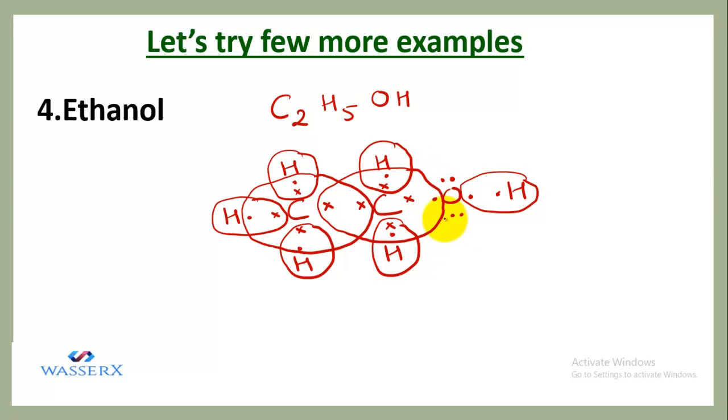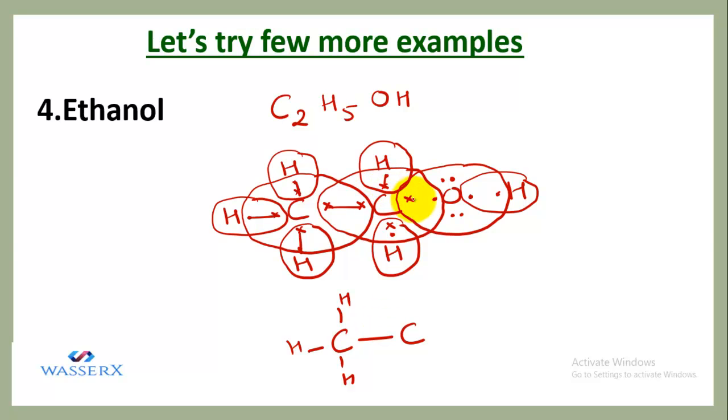Now we are left with oxygen. So oxygen already possesses 6 electrons. You can see that 2, 2 and 2, that is 6. So it will share 1 electron with this carbon and 1 with this hydrogen. So this is how the bond is formed. Now we can replace the dots or the crosses by the bond lines. So you can see that there is one bond. So I'm putting one bond between them, and there is one shared pair between these hydrogens. So let us put like this.